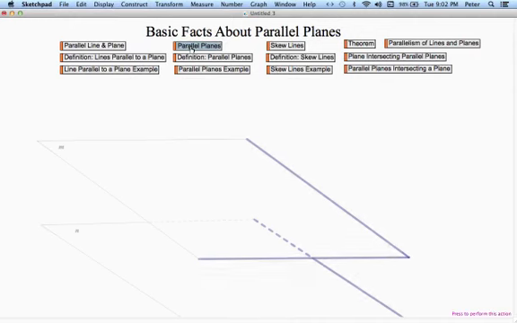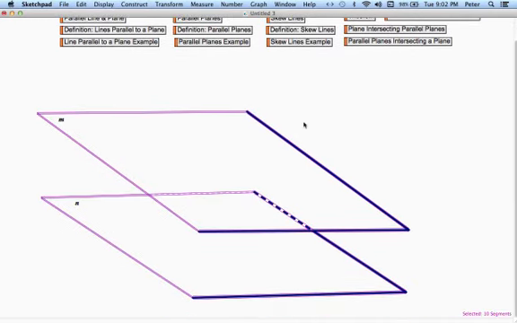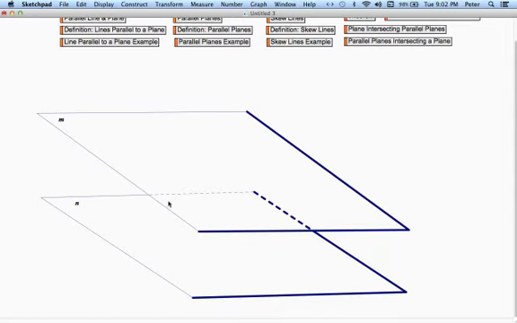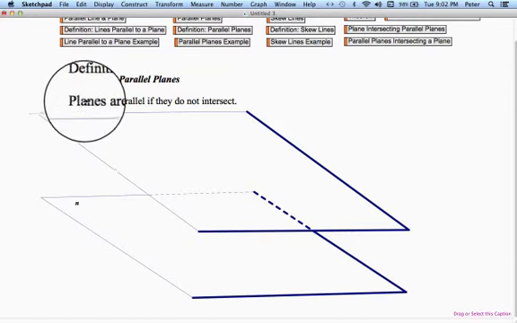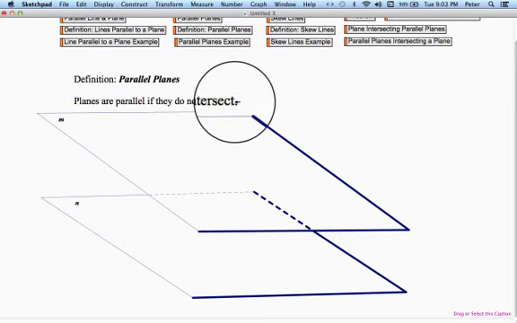Okay, let's take a look at what two parallel planes would look like. Well, we've seen pictures like this in the book. Plane N is underneath plane M. And so these two planes have a space between them and they don't intersect, which is what makes them parallel. So parallel planes have a very simple definition. Planes are parallel if they do not intersect. Remember, both M and N are infinitely wide and infinitely deep, and the space between them will always be there,